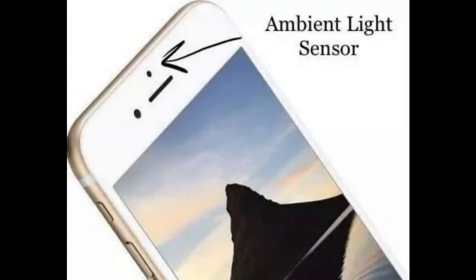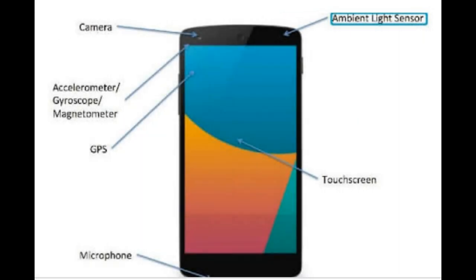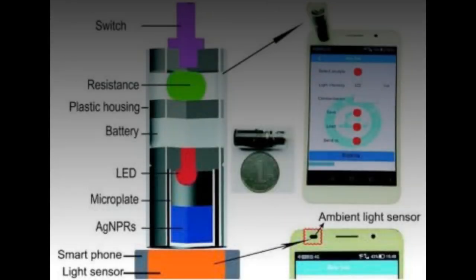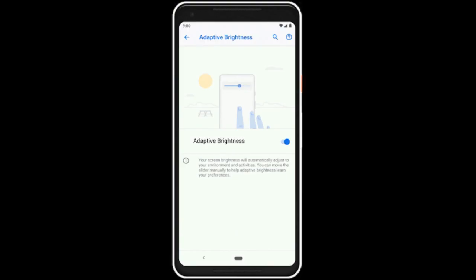Nowadays phones are built in with an ambient light sensor. It is used to adjust our screen brightness and make it more comfortable to look at the screen. This sensor not only supports automatic white balance when taking photos, but also works with the proximity sensor to prevent misoperations. Let's talk about how it works. The sensor generates strong or weak currents according to the amount of ambient light, and the device increases or decreases the screen brightness accordingly.